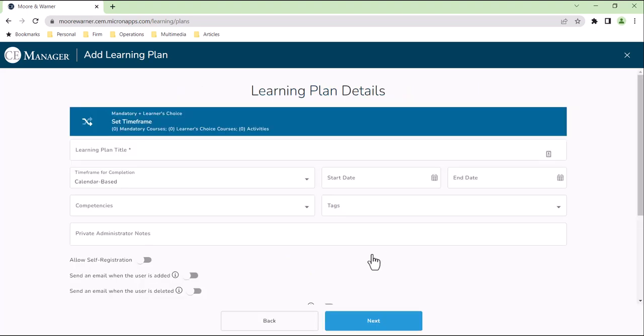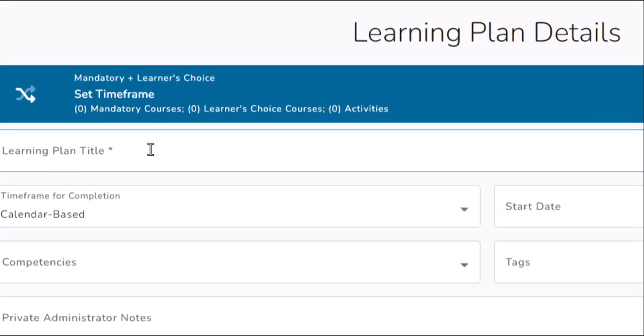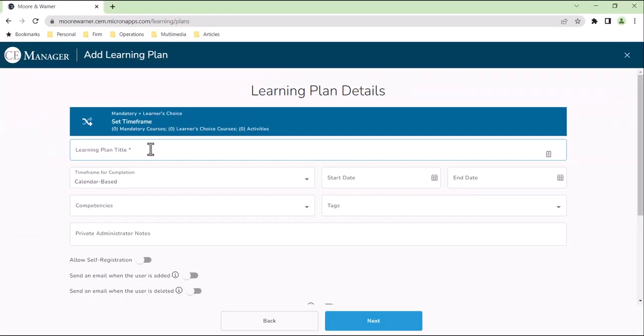We fill out the learning plan details screen. Here, any field that has an asterisk must be filled out. If you do not see an asterisk, you do not have to fill in that field. Let's name our learning plan Onboarding Learning Plan. For time frame to completion, we have 3 options: